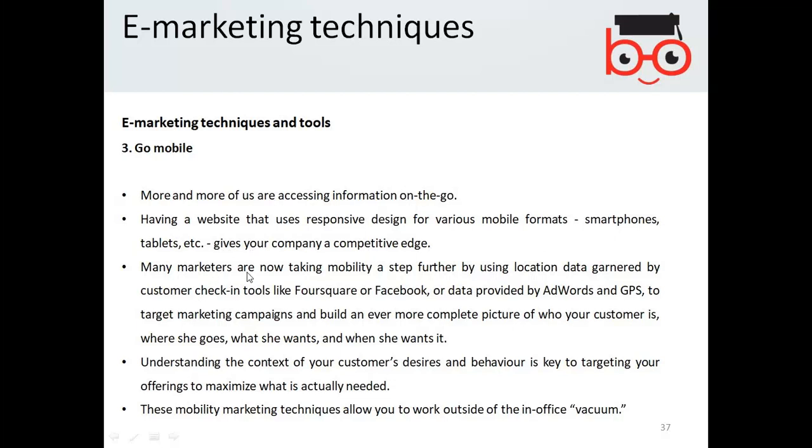Many marketers are now taking mobility a step further by using location data generated by customer check-in tools like Foursquare or Facebook, data provided by AdWords and GPS to target marketing and build an ever more complete picture of who your customer is and where he or she goes, what he or she wants and when they want it.